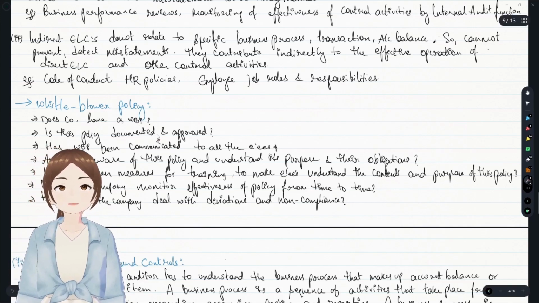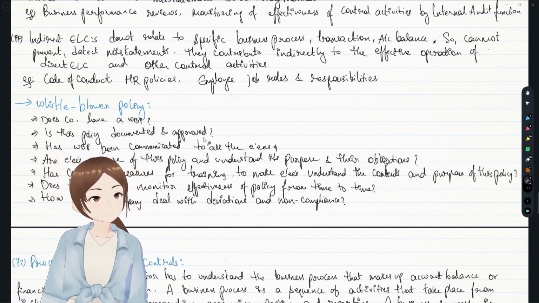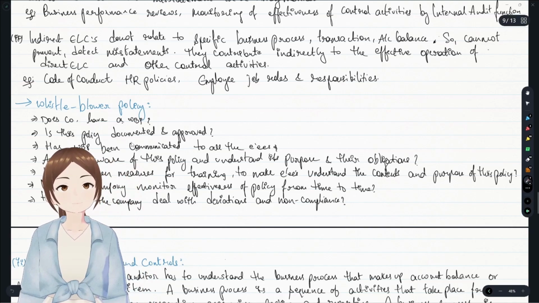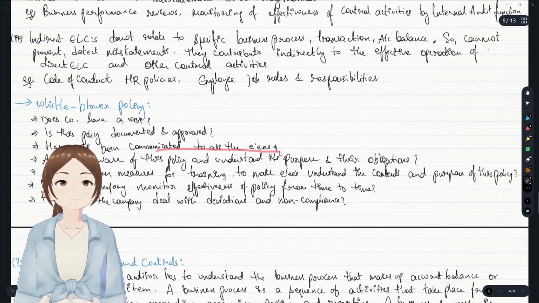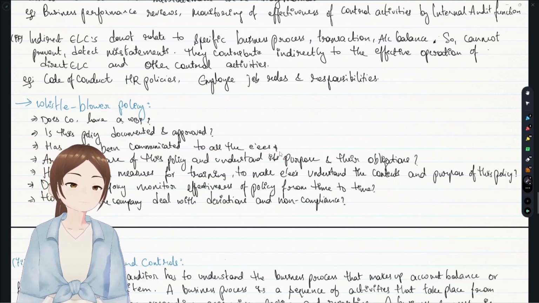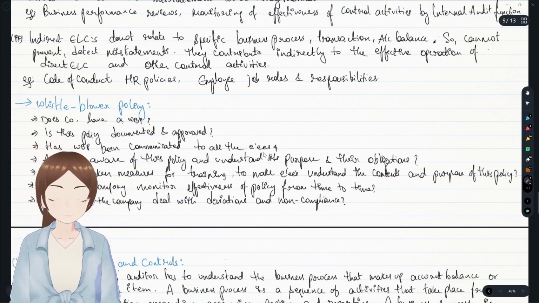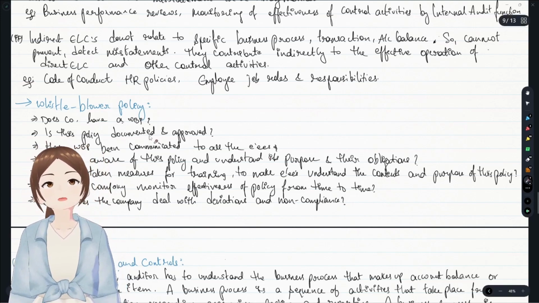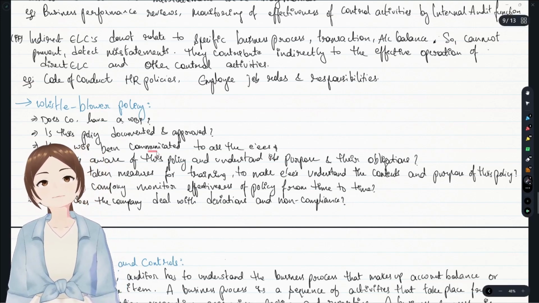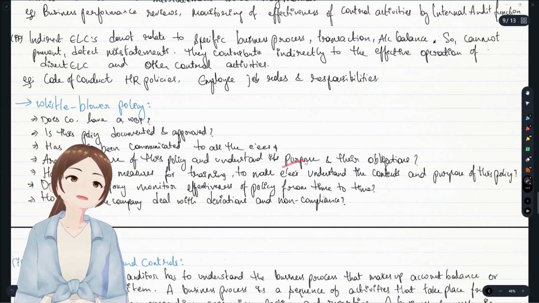Is the policy documented and approved by the company, and is it legally enforceable? Has a whistleblower policy been communicated to all employees? The main value of the whistleblower policy comes when it is used by the employees of the organization. In order to use it, it has to first be communicated to all employees, and all employees should be aware and understand its purpose.